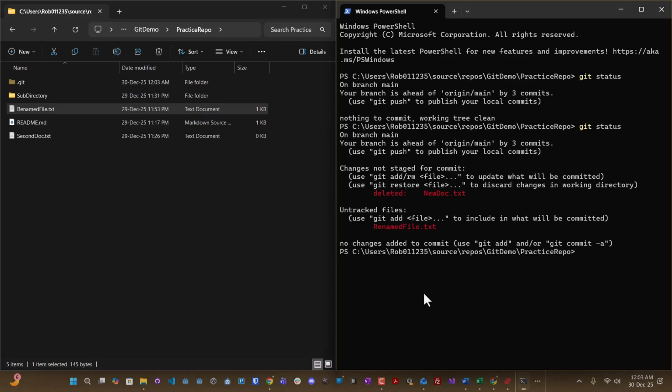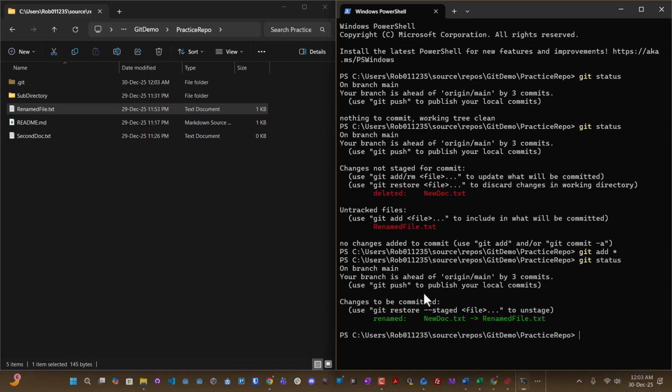I can now do git add again. And actually, it kind of figured out that it was renamed there. That's interesting. That may be a newer feature. And then